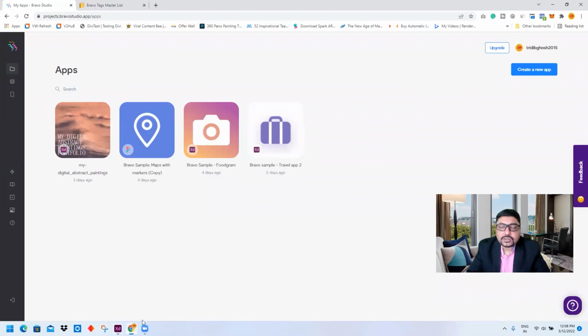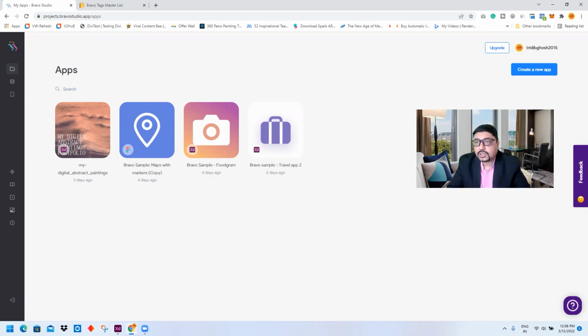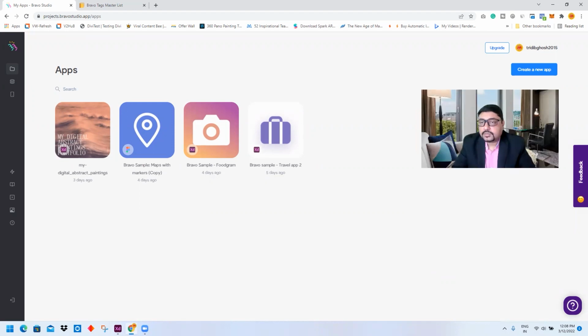So that's it. I think you have already seen in your Bravo Vision screens how this particular app functions. You can create your amazing app, keep the interaction as simple as possible, and then make it complex when you go to the advanced stage. But start very light, and check each and every tag so that you don't make mistakes at the level of tags.